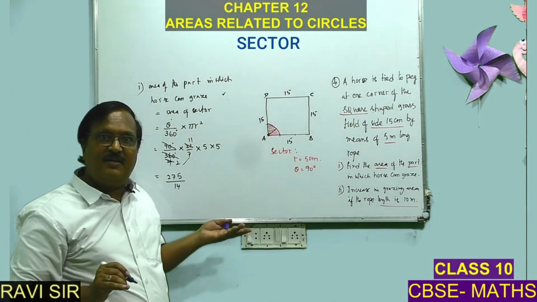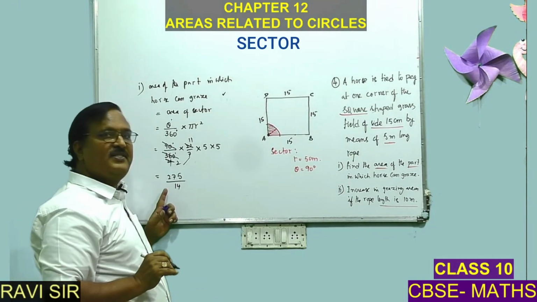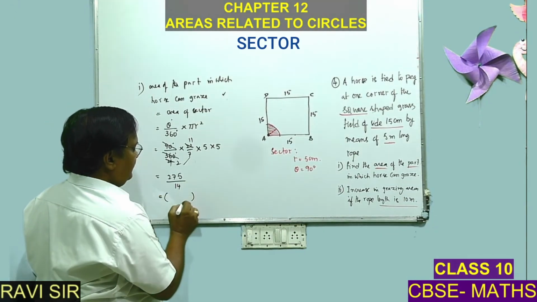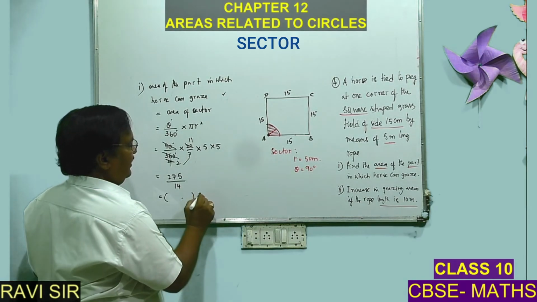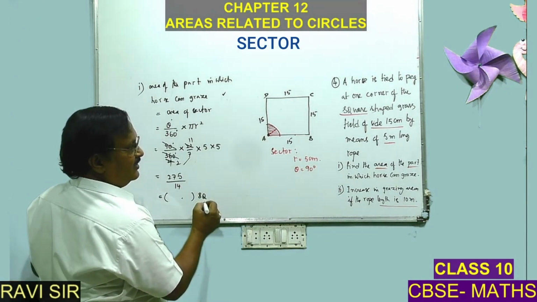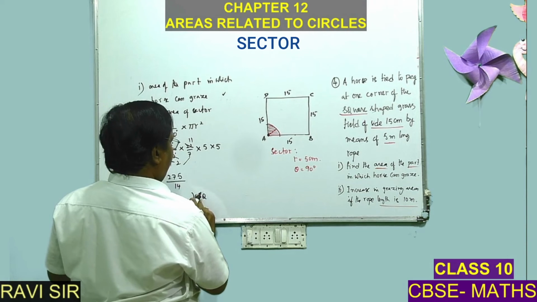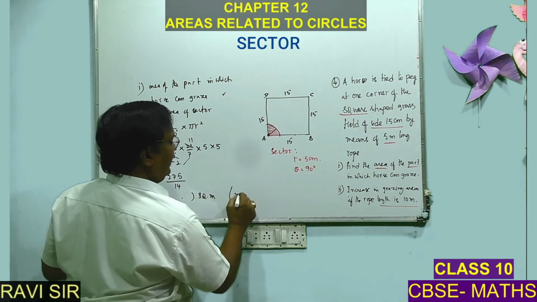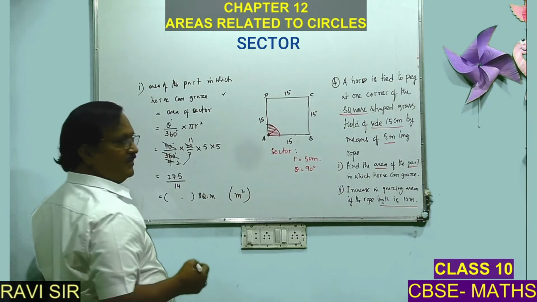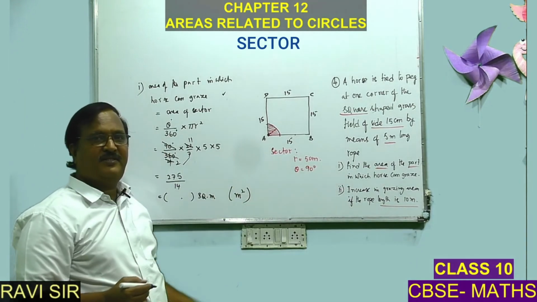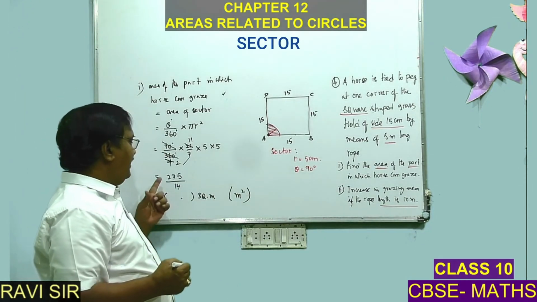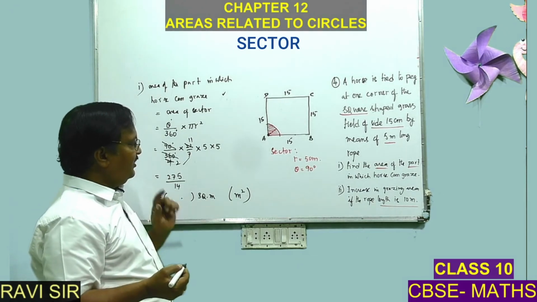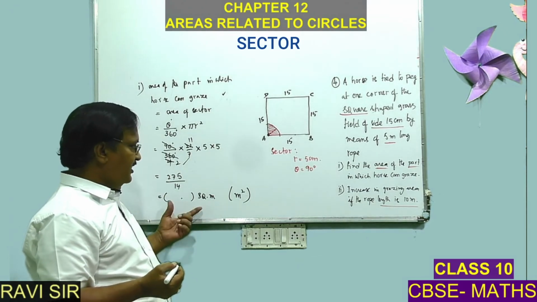Previously it was not the answer, so that's why I did not convert this into decimal. Now you have to convert this into decimal, because this is the answer. So what is the answer? Square meters. Some people will write meter square also. Both are correct, meter square or square meters. So I am leaving this decimal conversion to you. You convert it and put it. Okay, this is the first part.